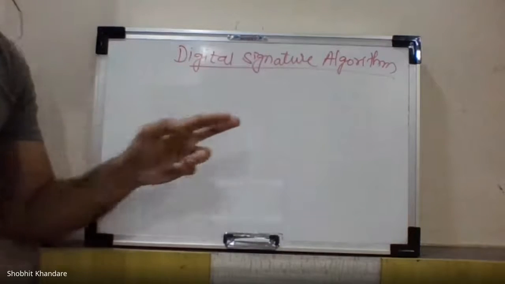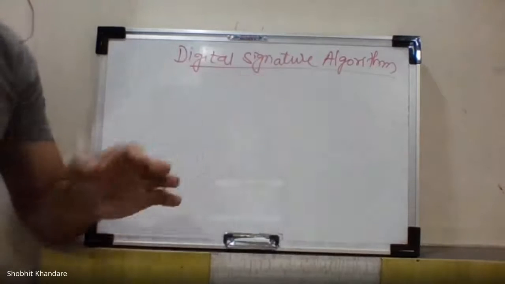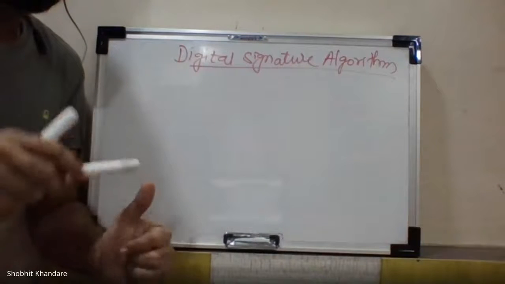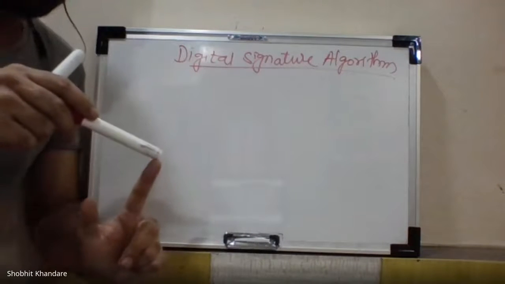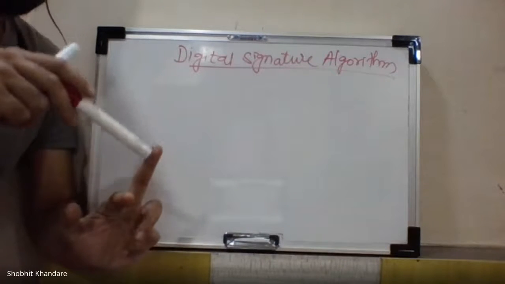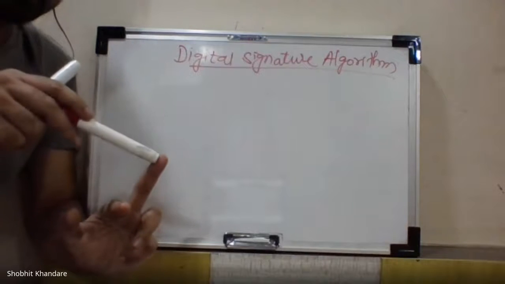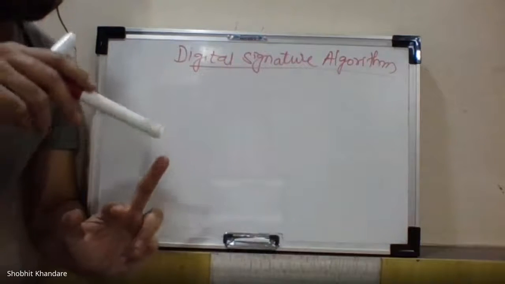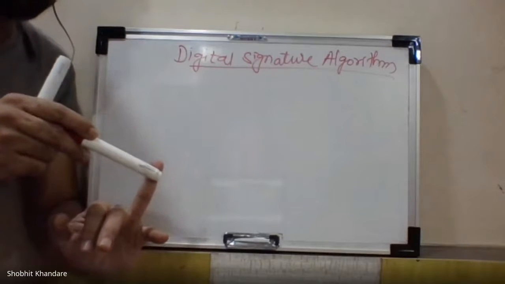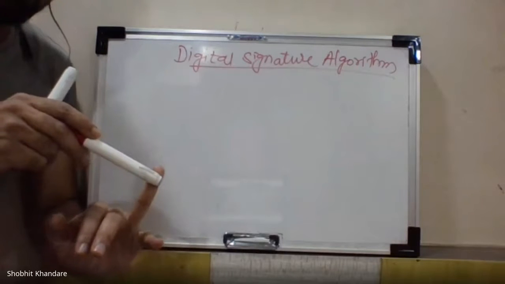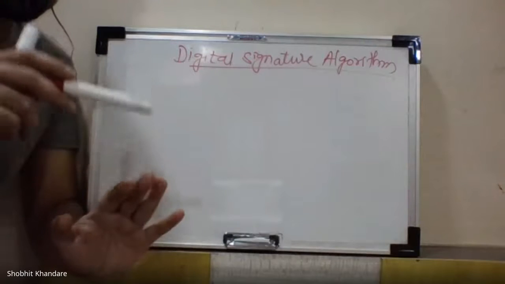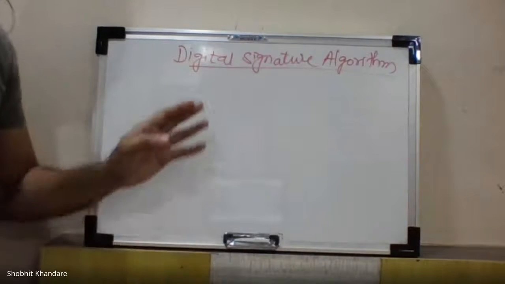Okay. Today, in this digital signature algorithm, what are the prerequisites? You should know what integrity is, which I have already taken. You should know what authentication is, what authorization is, and the difference between them. You should know the hash code. Capital H is the hash function. Small h is the hash code which is generated. You should know the message authentication code, MAC, which we have already seen. Using these prerequisites, we'll be able to understand what a digital signature is.